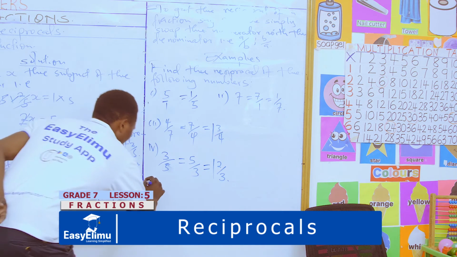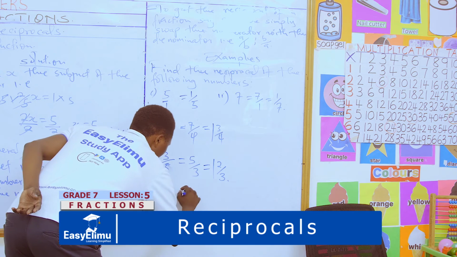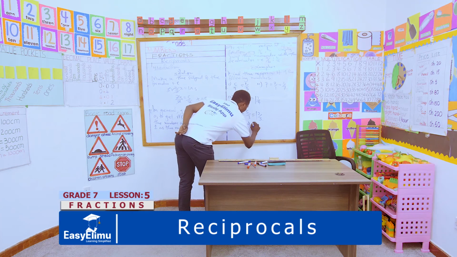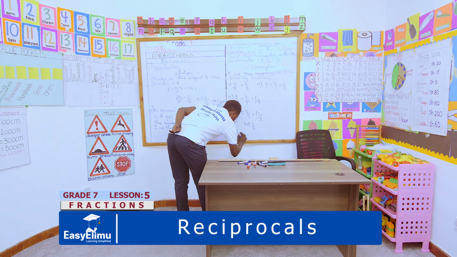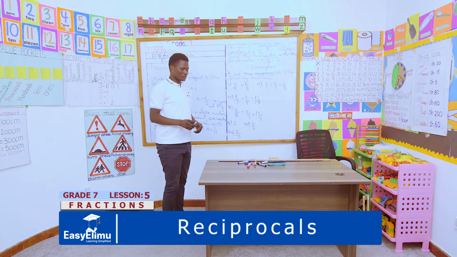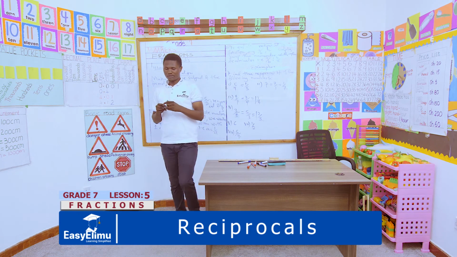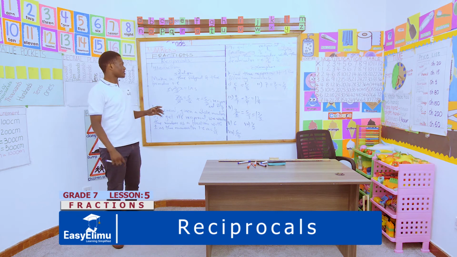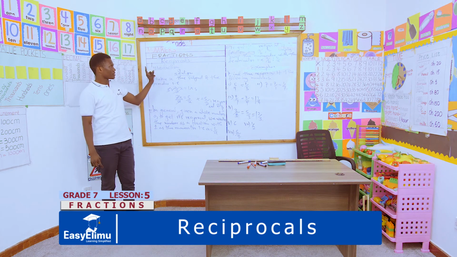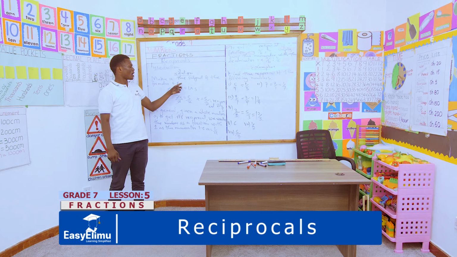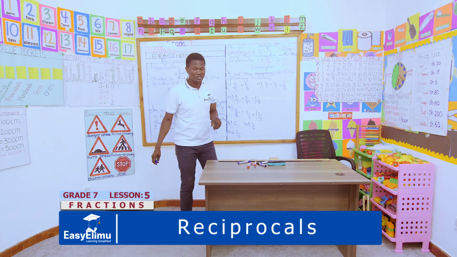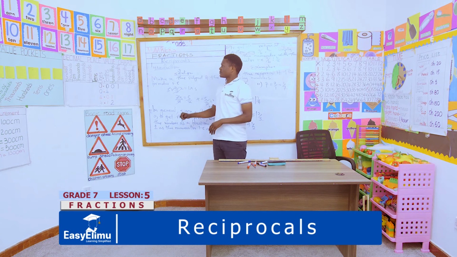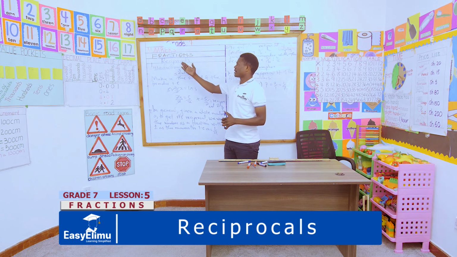So kindly do for me Roman 5, which is 6, Roman 7, we have a half, Roman 8, we have 5 over 9. Kindly do those 3 and many other examples on reciprocal that you can find. Like I said, the concept of reciprocal is a prerequisite knowledge when you have to work on the division of fractions. So in our subsequent sessions, we shall introduce division of fractions and we shall see how the idea of